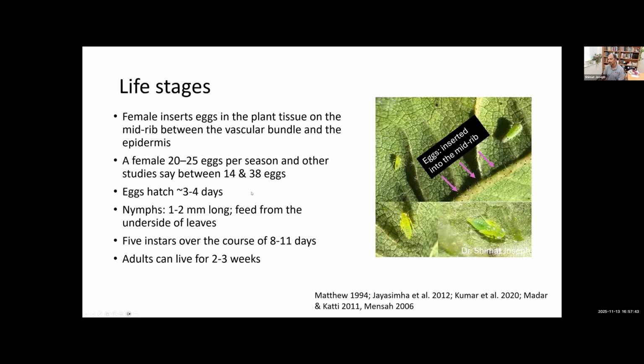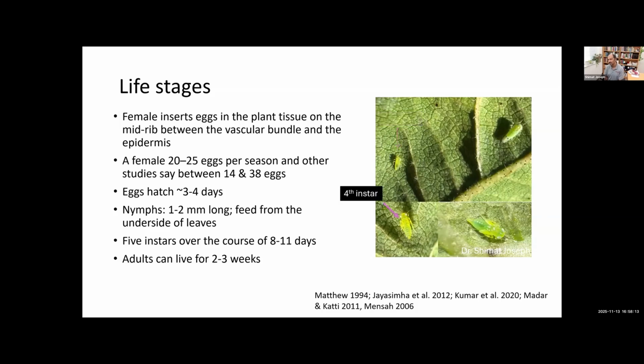It takes about 3 to 4 days to hatch. Again, temperature is a big player here, and they go through 5 instars. It starts with the first instar through the third instar here. You can see they are small in size. They may not have any wing pads. This is one example here of the wing pads I'm talking about, but there is only a size difference, small to a little bit bigger, up to the third instar.